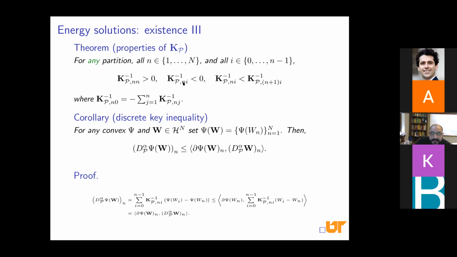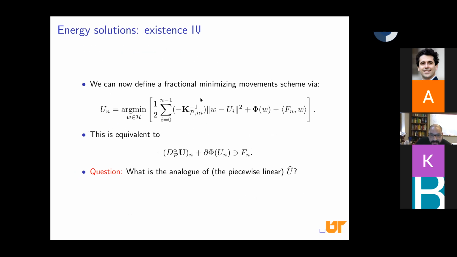With that having been obtained, remember these terms, the off-diagonal ones, are negative, so we can define a fractional minimizing movement in much a similar way as in the classical case. Again, forget about the f that only has to do with the right hand side. I have my energy, and the difference of my arguments and past values of u, and this is the analog now of the 1 over time step that we had. Remember, these guys were negative, so this is positive. So this, once again, is a strictly convex functional that we're trying to minimize, and so it has a unique solution.